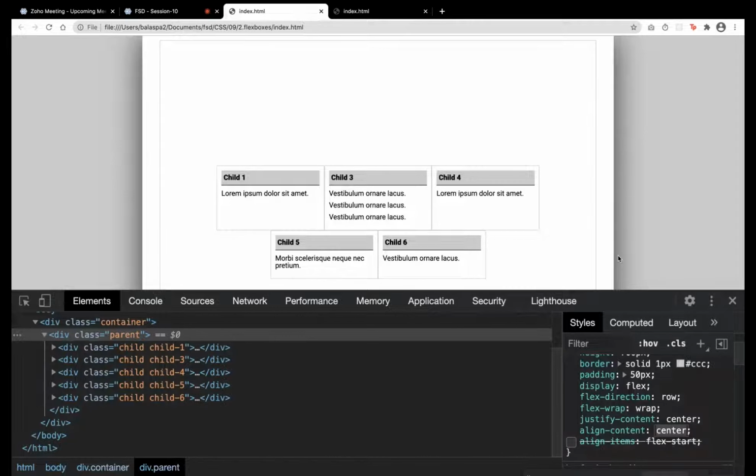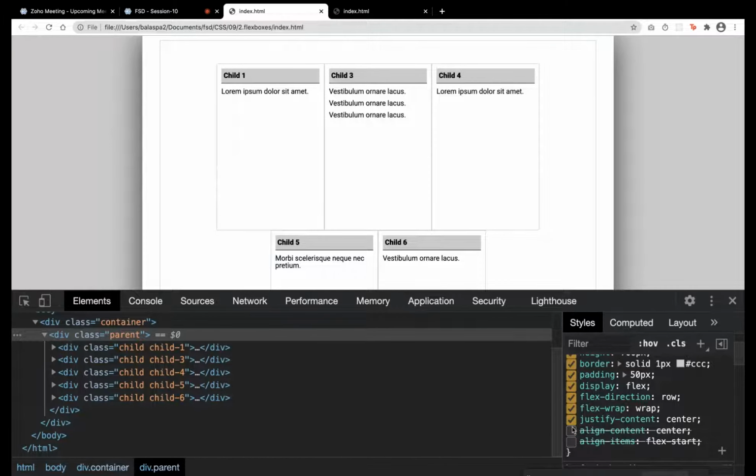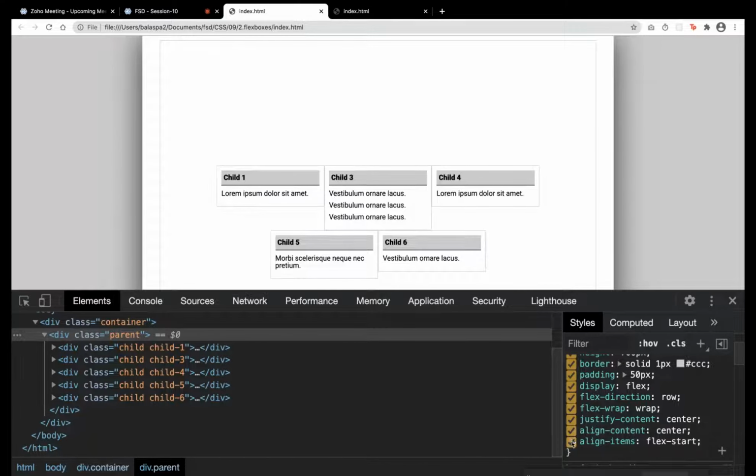The previous one was taking each item, while here it takes each row and says this is at the top and this is at the bottom. If I give align content, it takes a whole column, a whole section, and aligns it to the center.